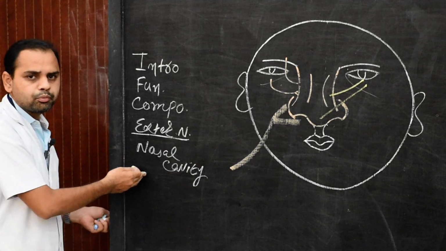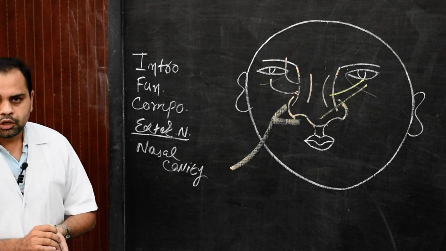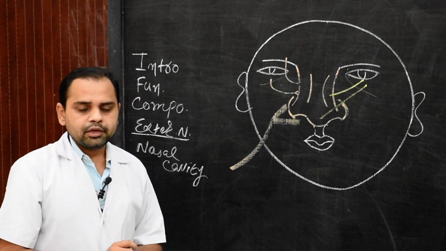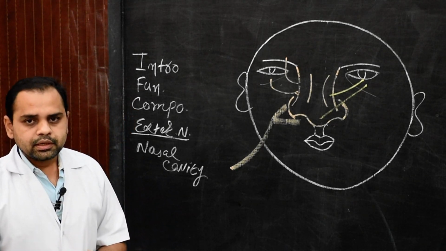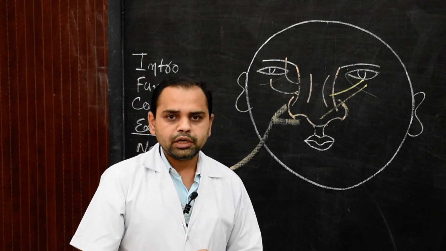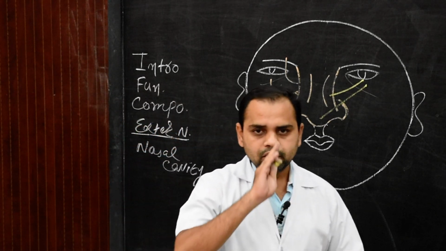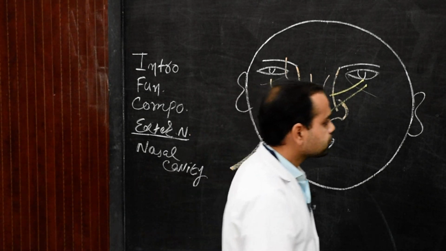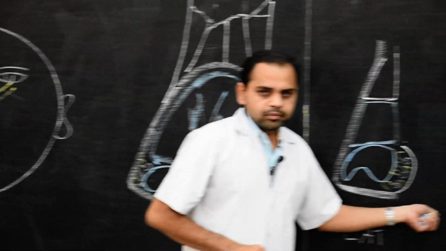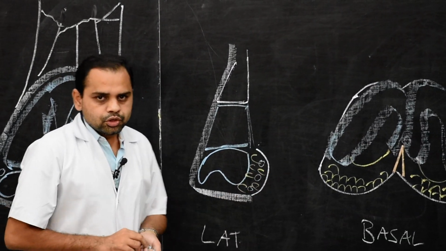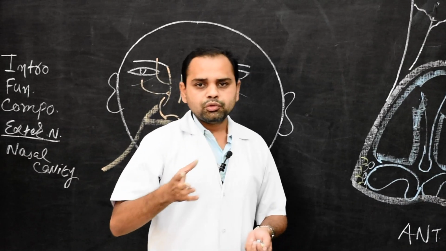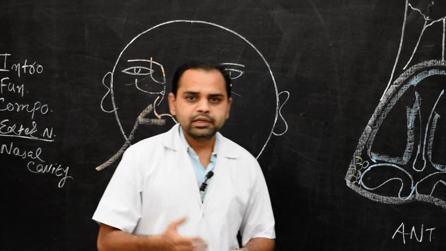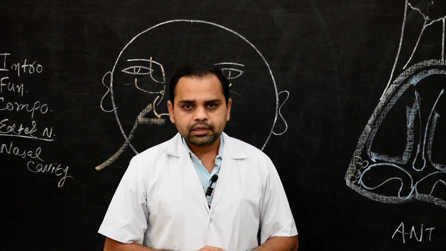Now we move on to the second component of the nose, that is the nasal cavity or internal nose. The nasal cavity or internal nose is divided into right and left unequal, asymmetrical halves by the median septal cartilage or median nasal septum. The median nasal septum will be discussed in a separate lecture. So first I will brief you on the boundaries of the nasal cavity, and I will discuss in detail the lateral wall of the nasal cavity.